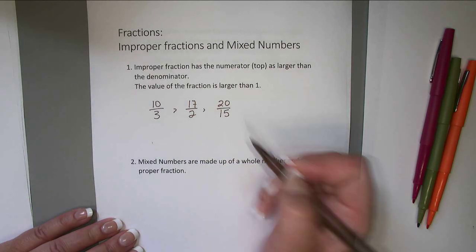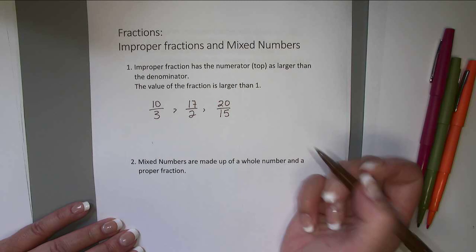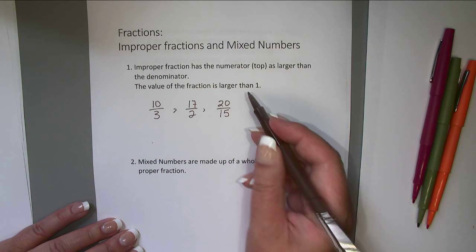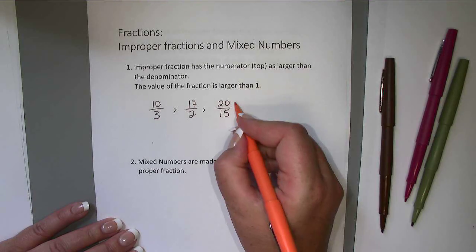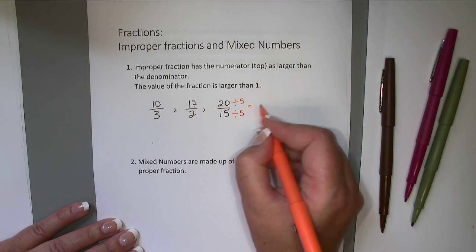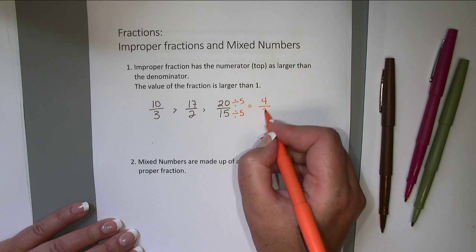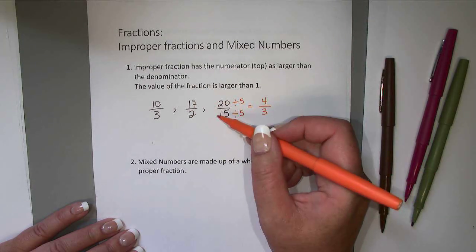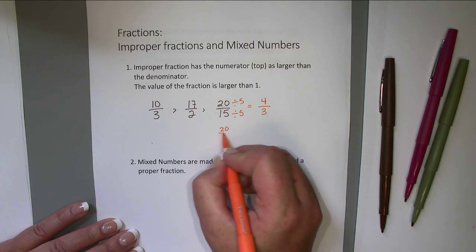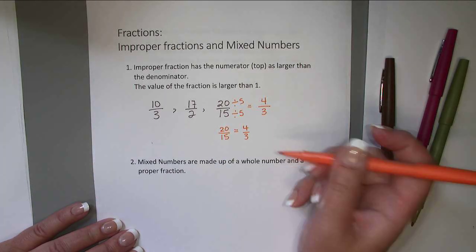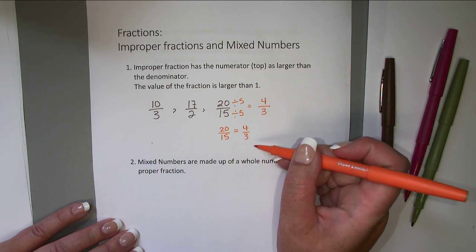Now for this last one, 20 over 15, it's not in reduced form because both 20 and 15 can be divided by 5. And if we divide both of those by 5, we have another improper fraction. So it's still greater than 1, of course, because these are equivalent fractions. So 20 over 15 and 4 over 3 are equivalent fractions with a different denominator, but they are both equal